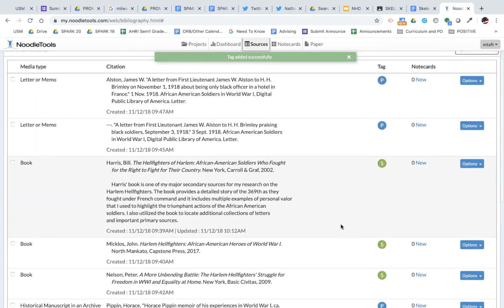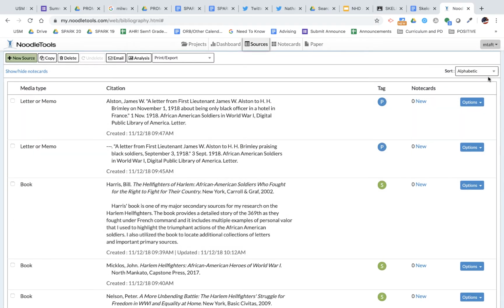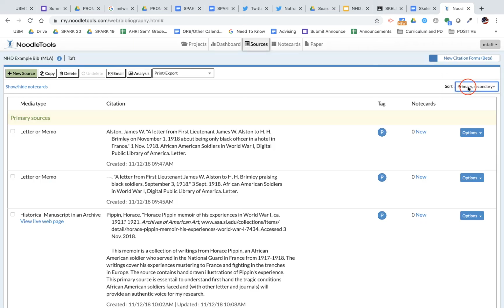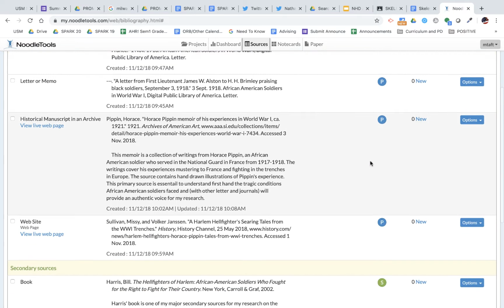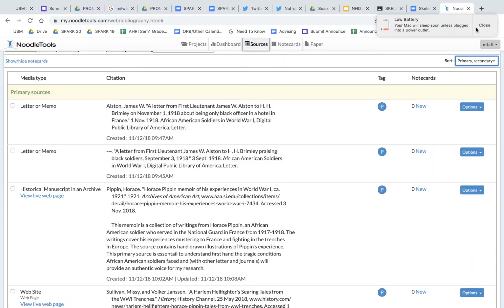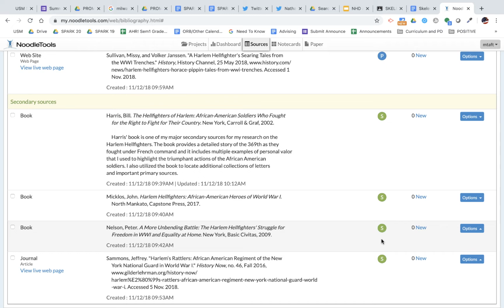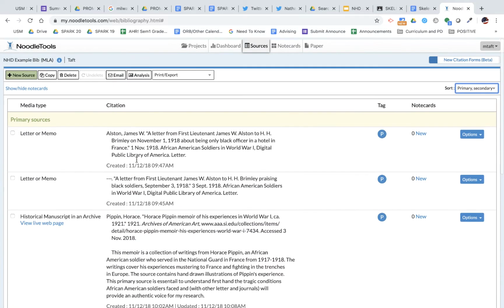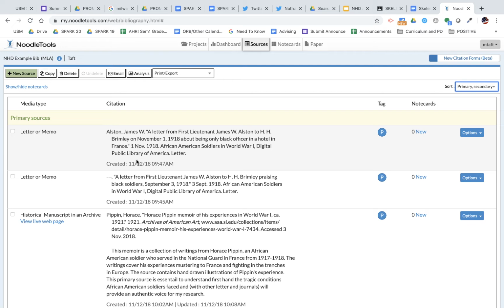So I did all that, right? Next, I'm going to go up here and sort by primary, secondary. It instantly did exactly what I wanted it to do. It sorts it into primary and secondary sources. Primary here, secondary here, and it keeps it alphabetized. So now I'm ready to print it. But there's a couple other things I want you to do. Okay, now watch. I want you to go to Print Export